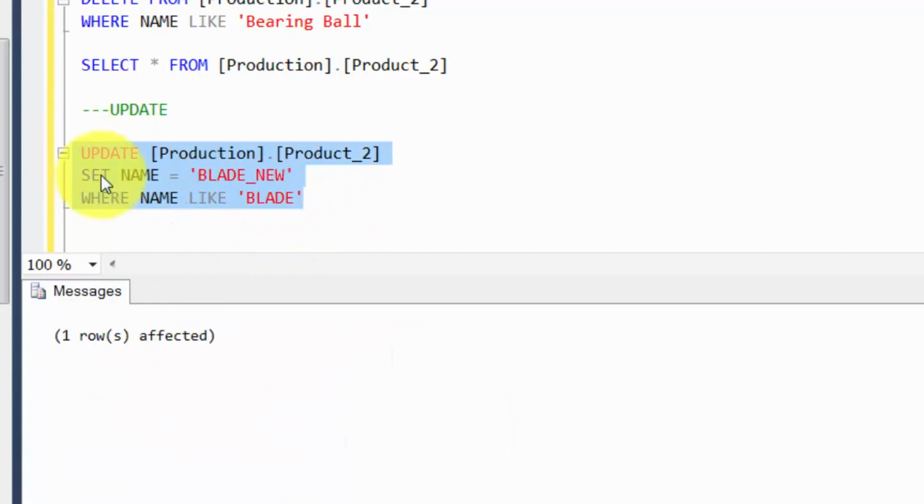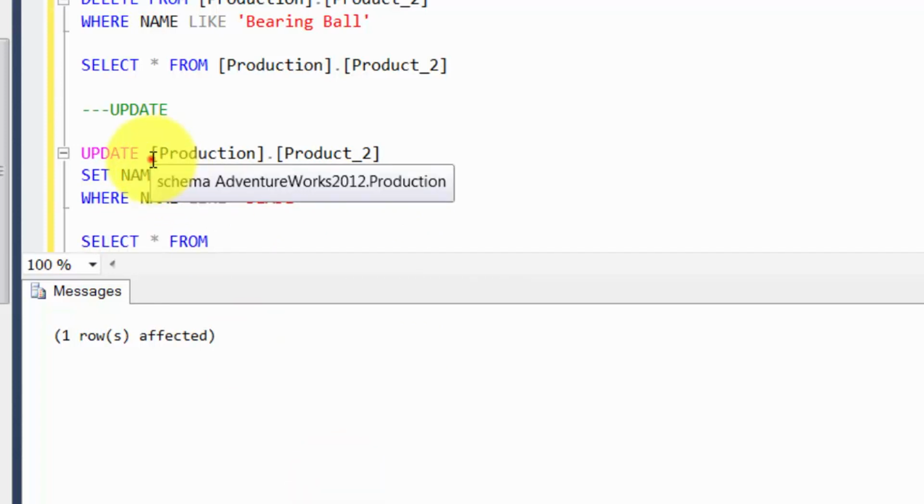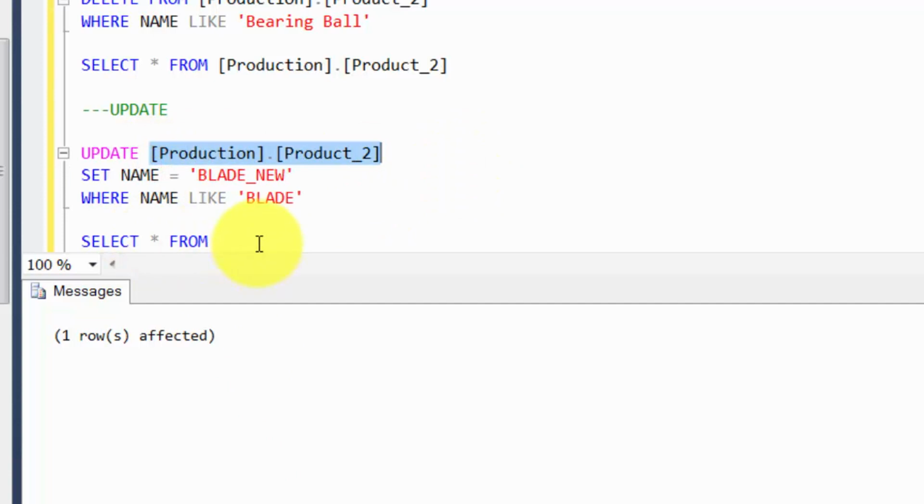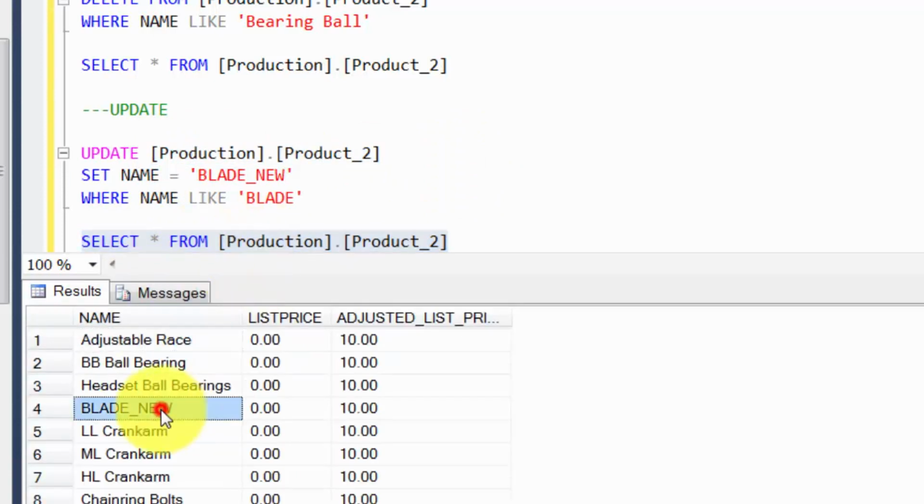It says one of the rows matched your criteria, and then we say select star from production dot product_2, and we should find our updated value here. See, there you go. So this is a high level overview of how you would insert some data, delete some data and update some data.